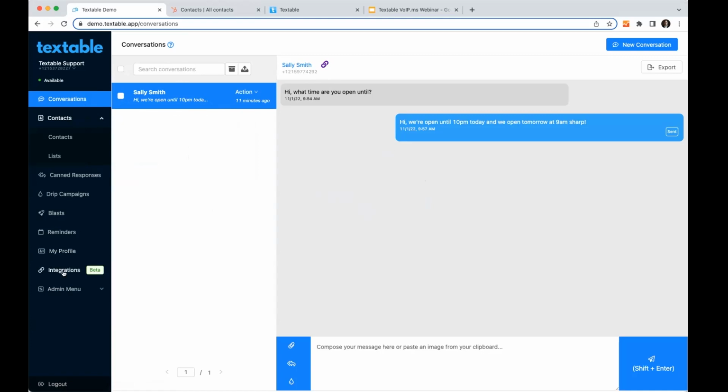You'll notice down here on the menu, we've got a beta integrations tab. We've recently released our integrations library. We've got a couple integrations, some CRM, some chat apps, and we'll go over that in a little bit. But what this link means is that if I've installed an integration to say HubSpot, it lets me know that this contact is linked to somebody in HubSpot so that it's going to automatically keep things in sync, including the contact name here and message history inside of the details of that contact.